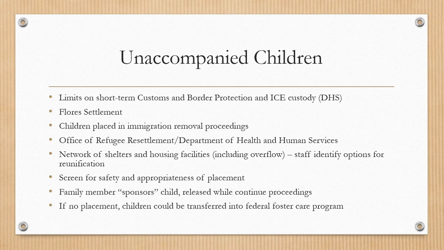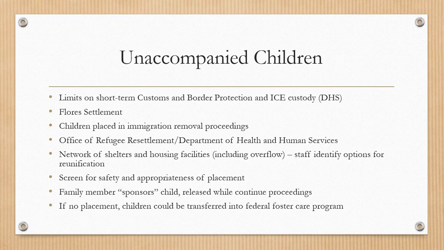So family members or sponsors tell the government that they will ensure that the child is enrolled in school, get them medical care, find them legal representation, and ensure that they attend their court proceedings while they go through those